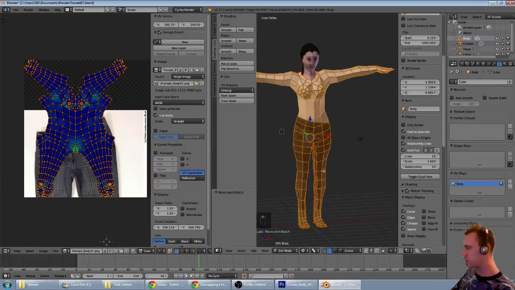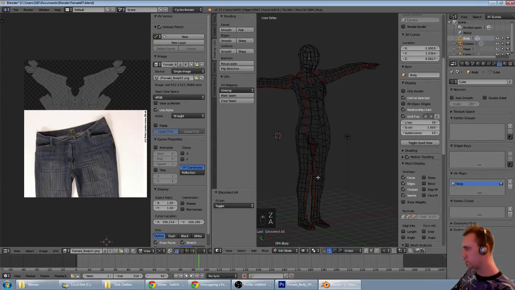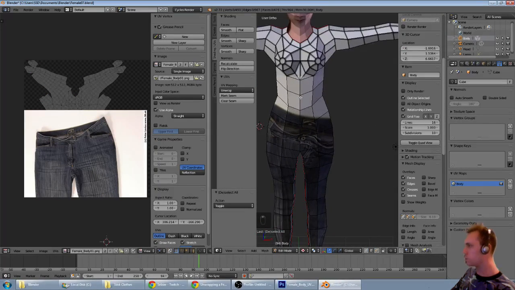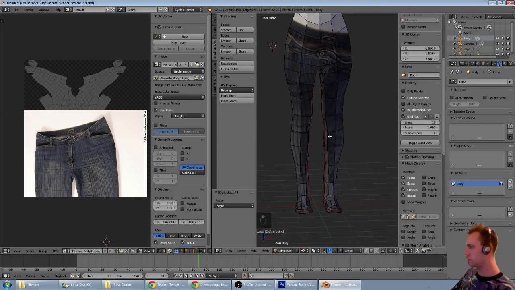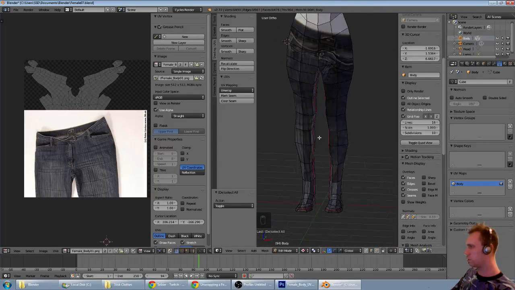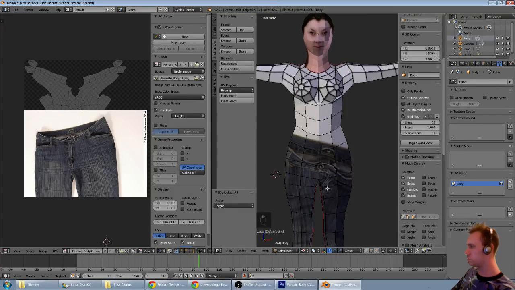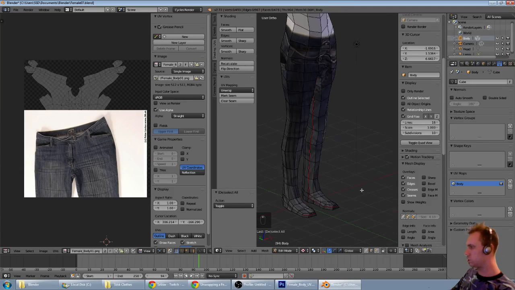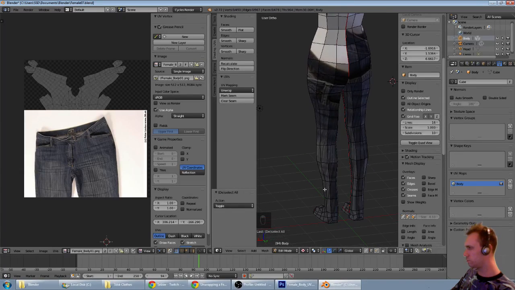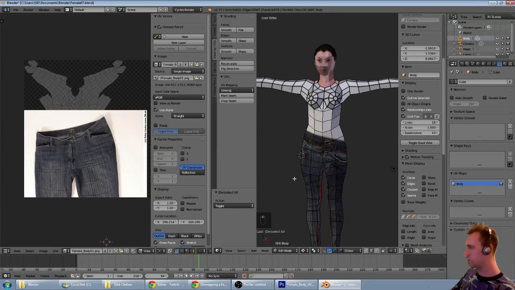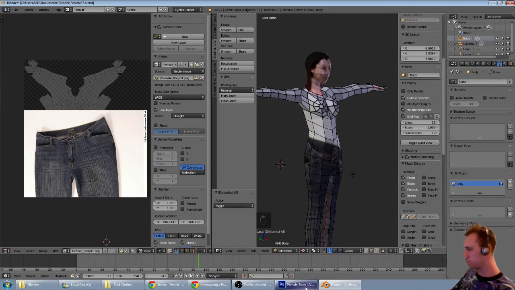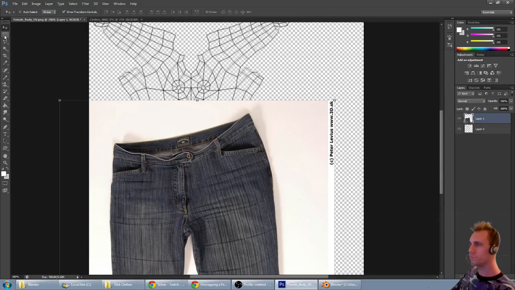Alright, now looking at it, I'm going to deselect everything and just go to a textured view. And we can see the polygons because they're actually part of the PNG image. But you can see that she has jeans all the way down to her feet. And they look pretty messed up, but that was a quick and easy way to at least prototype it. So on that note, I'm gonna